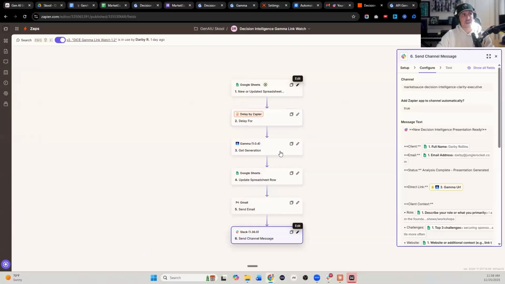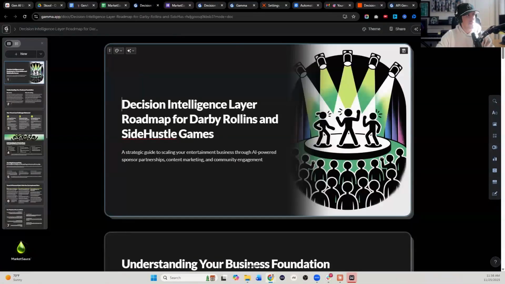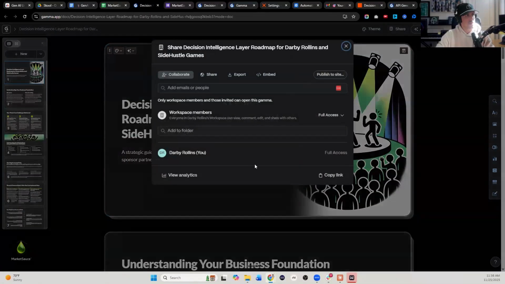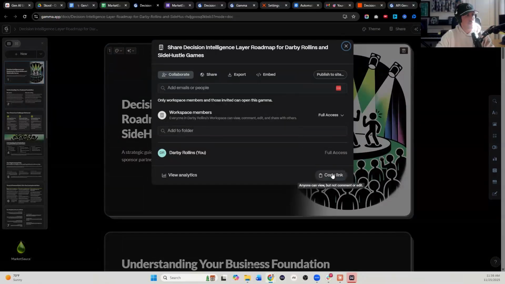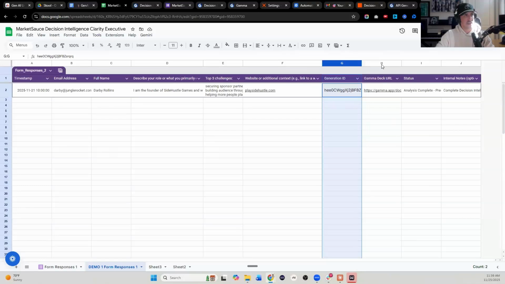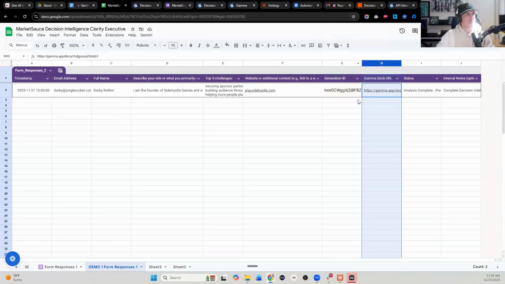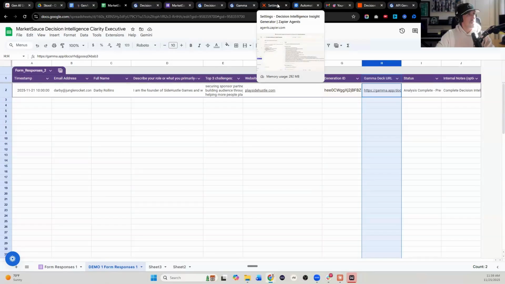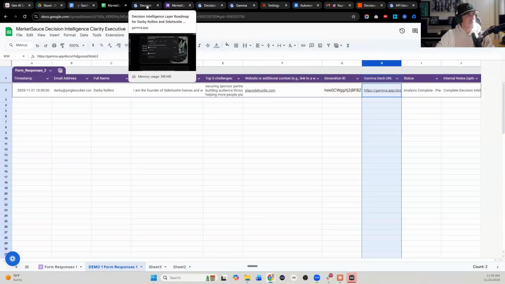And then that Zapier workflow I shared will trigger once the ID is populated on the sheet, and it'll set a 3-minute delay and then just go and grab this Gamma share link, which, if you click share at the top right of your nav bar, it'll grab this link and then add it to this deck right here, and then send me a Slack notification and an email. So, stringing together a handful of tools here to make this process work, but the end result is a 3-minute